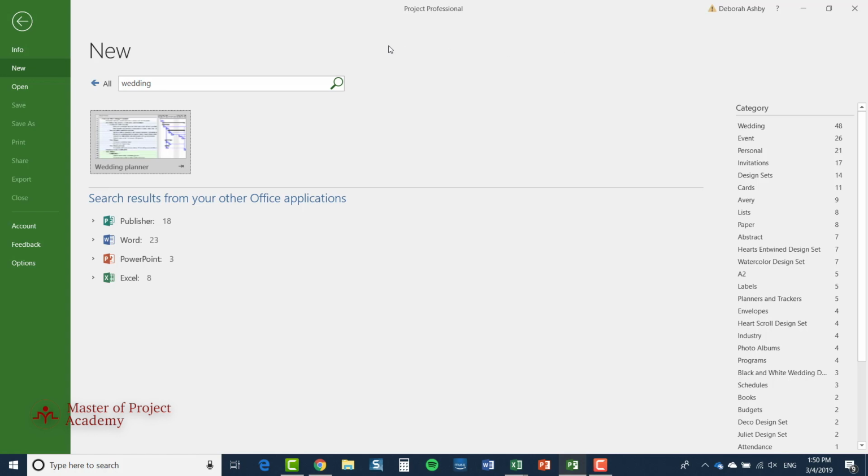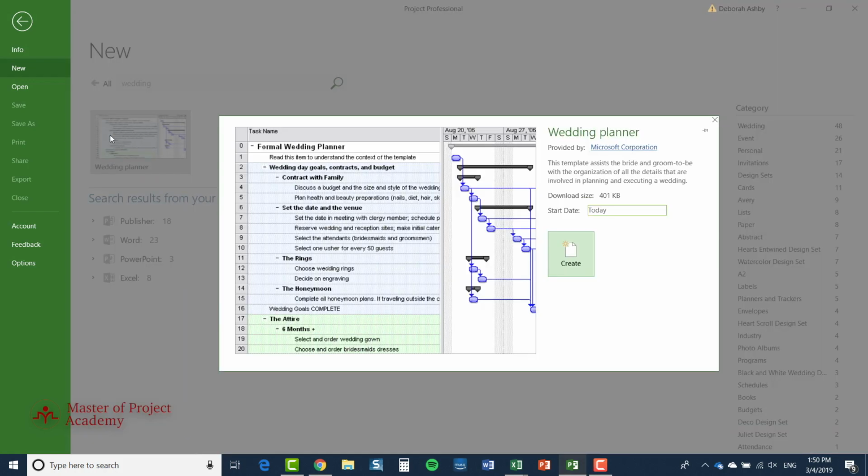If I were to click on that wedding planner, then I would see a little bit more detail about what this wedding planner is. So it shows me the first few tasks, it gives me a description, it says wedding planner provided by Microsoft Corporation, it tells me how big it is, and it gives me a little bit of a description about the wedding planner. And then I could use that to create a wedding plan. And in fact, it's not very far removed from what I'm going to be doing a little bit later on. But let me just close that for the moment